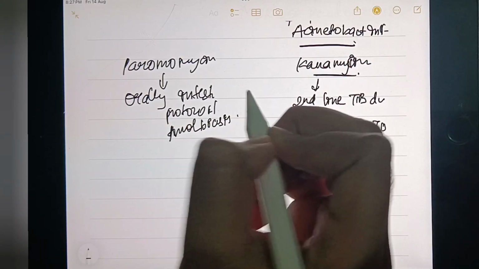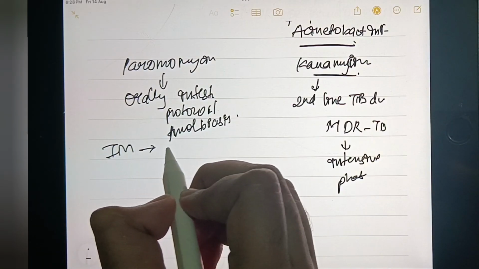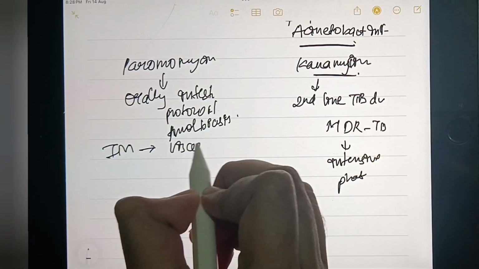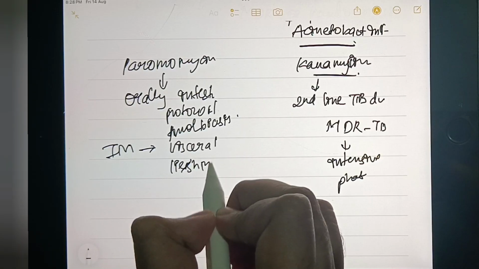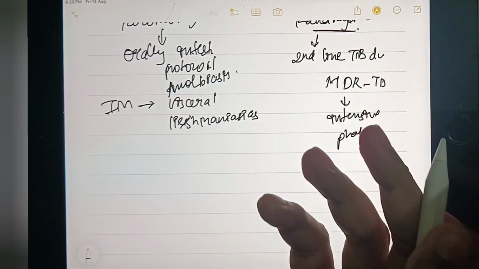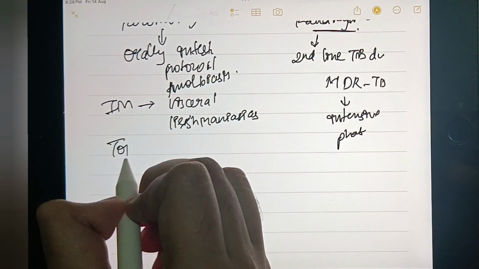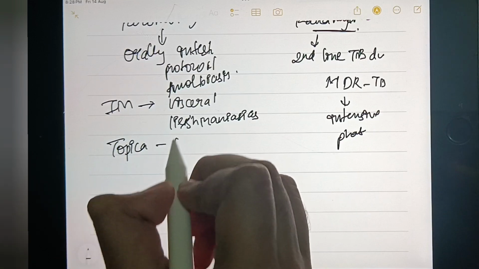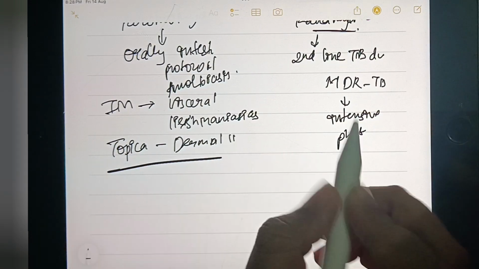Okay, and it can be given intramuscularly for visceral leishmaniasis, kala azar, and topically for dermal leishmaniasis. Okay, so